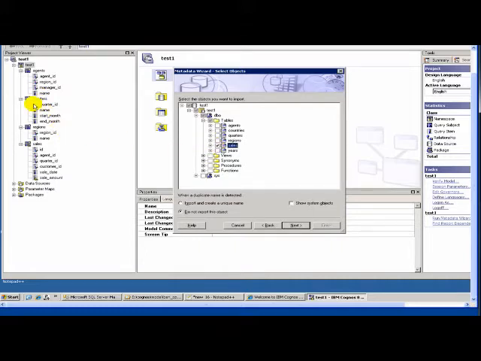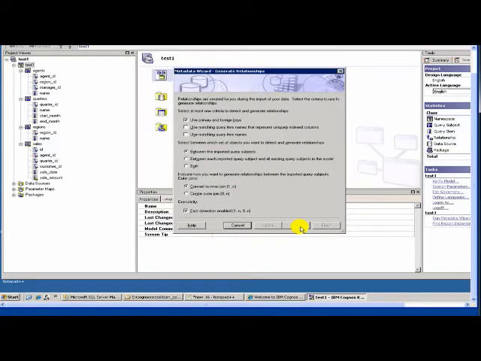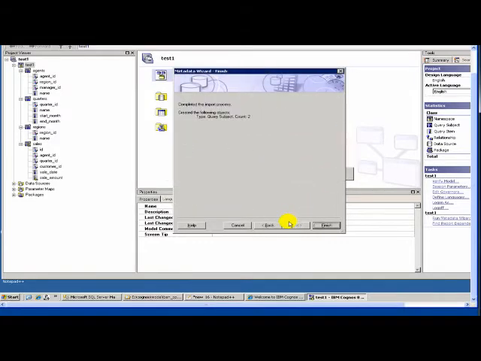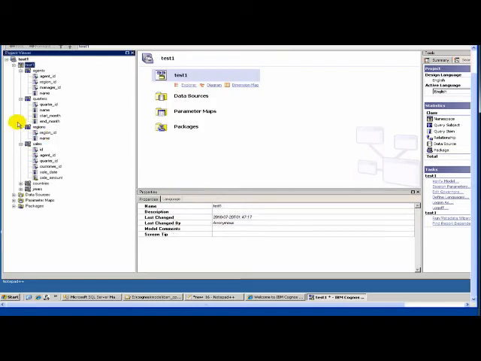sometimes create two separate models. One directly talks to the database, and another one is a shadow of the model. So this is something which is a more advanced feature which we can talk about later. But for the time being, let's try to import the new tables, which is years and countries. So these are the two, and just give the default. Okay, so we are done. So now once you have this, you will see these two tables, countries and years. Okay, good. So now we have these two.